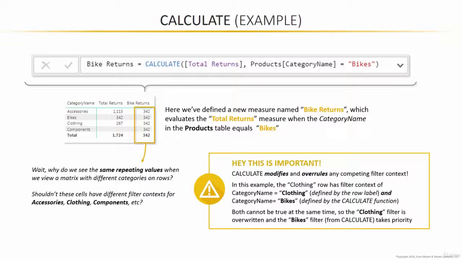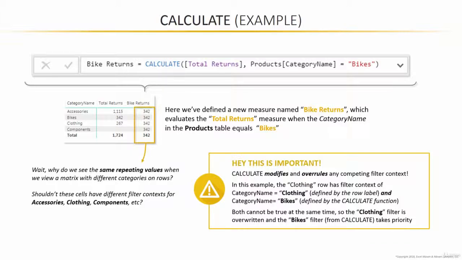That clothing row in the matrix has filter context of category name equals clothing, which is defined by the row label, and it also has filter context for category name equals bikes, defined by the calculate function. And since both can't be true at the same time, the clothing filter is overwritten